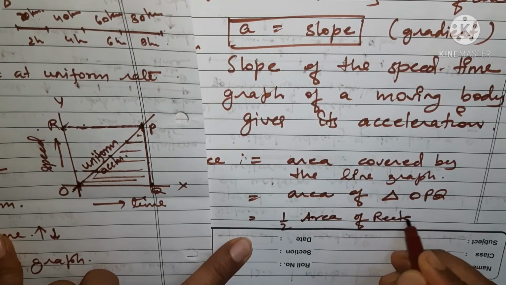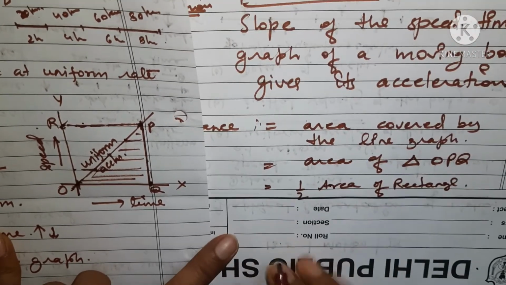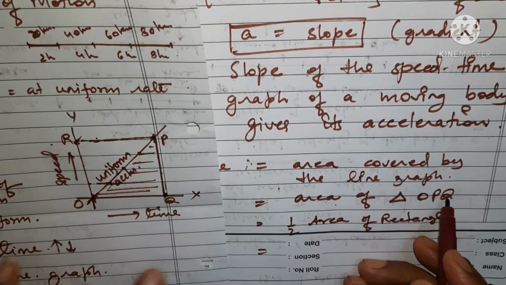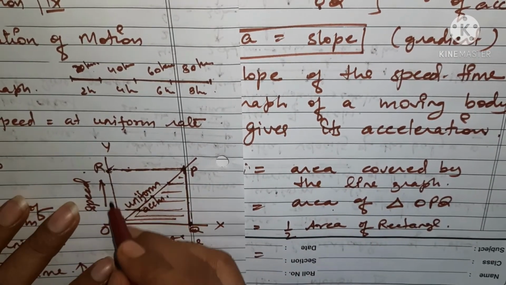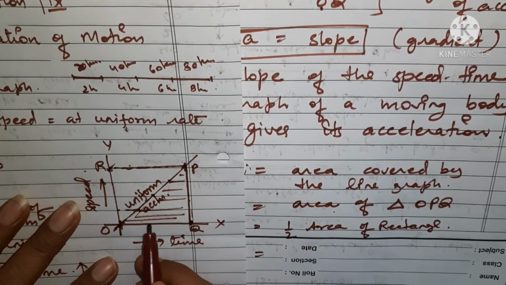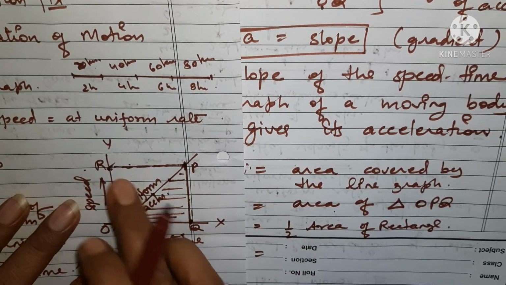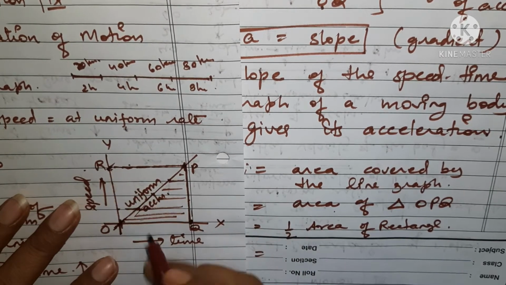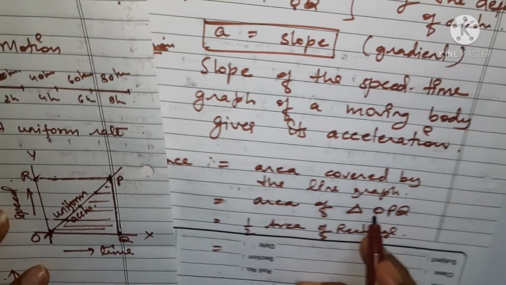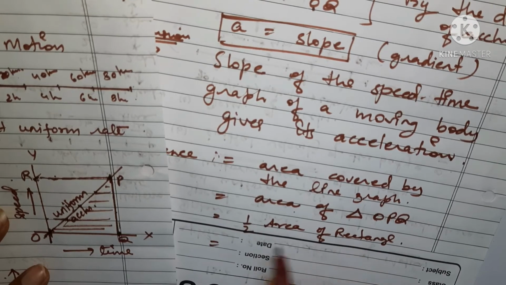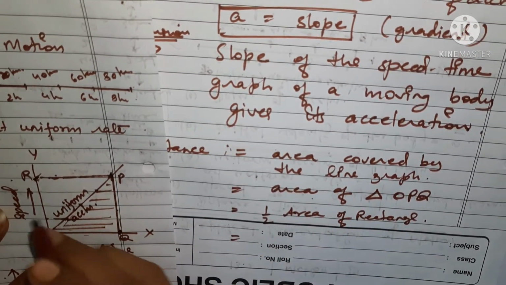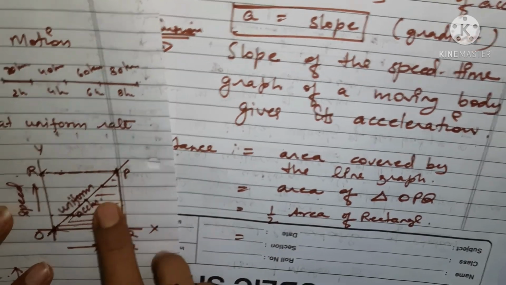Now why have we written half the area of the rectangle? Because the area of triangle OPQ can be found by finding the area of the whole rectangle and dividing it by 2, because you can see that the diagonal divides the rectangle into 2 equal parts. So instead of writing the area of triangle OPQ, we can write the area of the rectangle and just divide it by 2 so that we get this amount only. We will remove this amount and we are getting this, right?